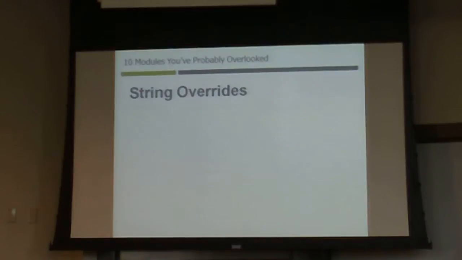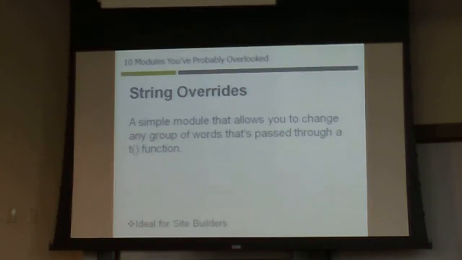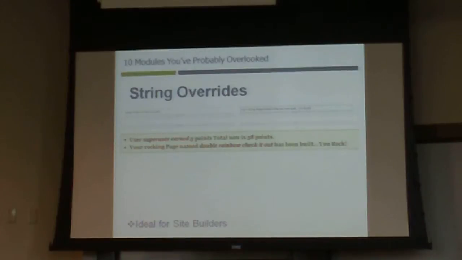String Overrides. String Overrides essentially gives you the opportunity to change any of the information that's served through a T function within the website. Anything that's really more admin, backend style data is going to be passed through the T functions. You can do a little more research into that. I don't want to get too much into the T functions specifically, but that's the type of data that you can change. And a good example of that would be if I went into my site, and I don't know how well you can read this, but what you'll see here is